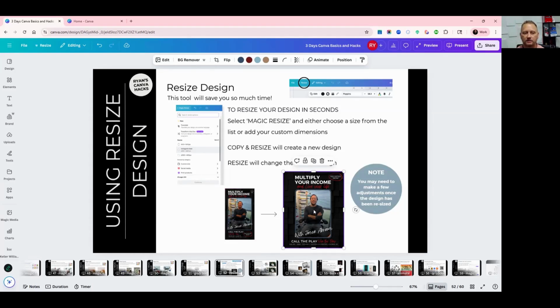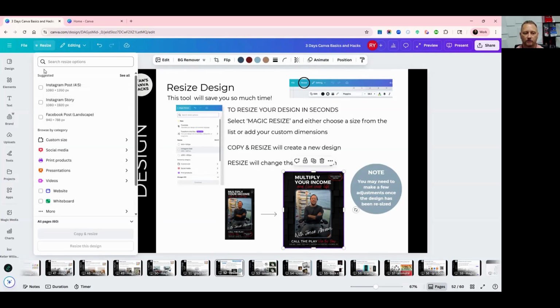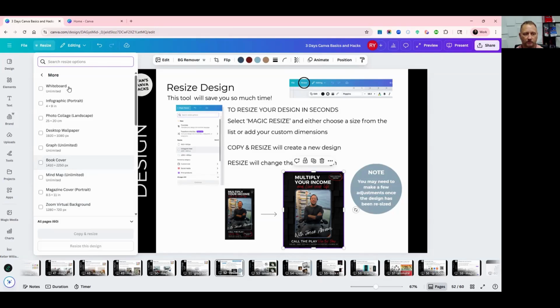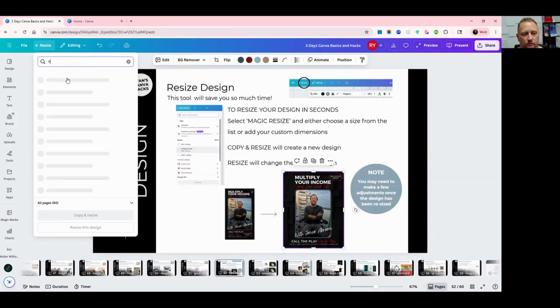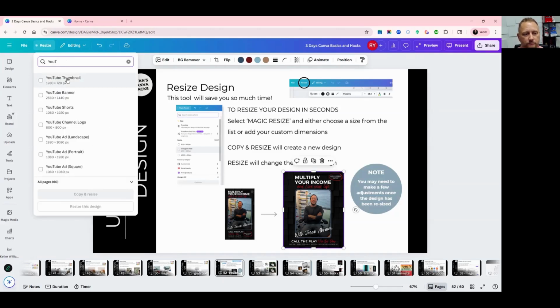How you would do that is come up to the resize up here that has a little crown next to it because it is a paid one. And then you're going to go in here and you're going to choose, like it's giving you suggestions as an Instagram post or Instagram story or Facebook post. You can also choose from many, many more. So you can come in here, you can type it in. So maybe I want this to be a YouTube thumbnail. So I can select that and I can hit copy and resize, and it's actually going to go ahead